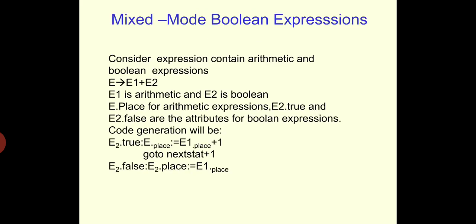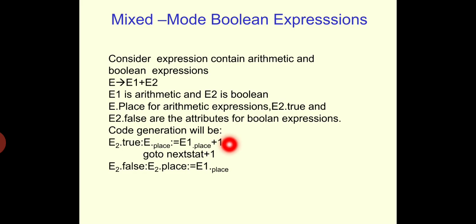The last topic is mixed mode Boolean operation. In the case of mixed mode Boolean operation, it can have both arithmetic as well as Boolean expressions. Here we are considering the expression E gives E1 plus E2. E1 can be arithmetic, E2 can be Boolean. In such an occasion, we will have E.place for the arithmetic expression, and E2.true and E2.false are the attributes for the Boolean expression. Then the code generation will be E2.true. That means E1 will be arithmetic, E2 will be Boolean. So if E2 is evaluating to 1, then E1.place, whatever the value of E1,